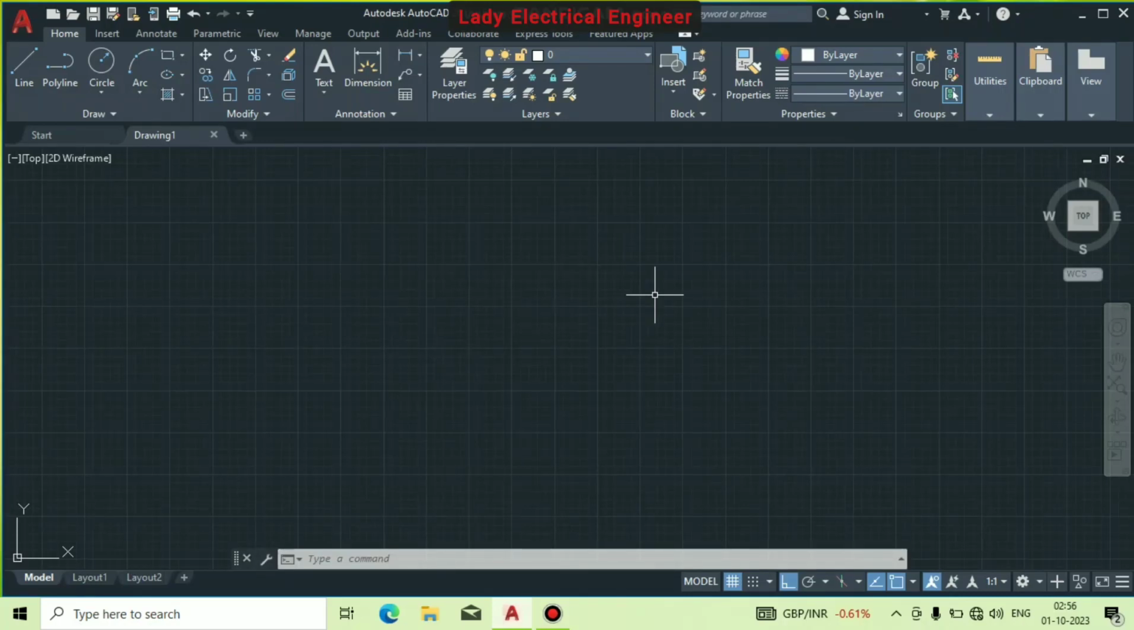Hey everyone, in today's session we are going to learn how to draw a line in AutoCAD and in how many different ways I can draw a line. So first of all, we are going to take a line